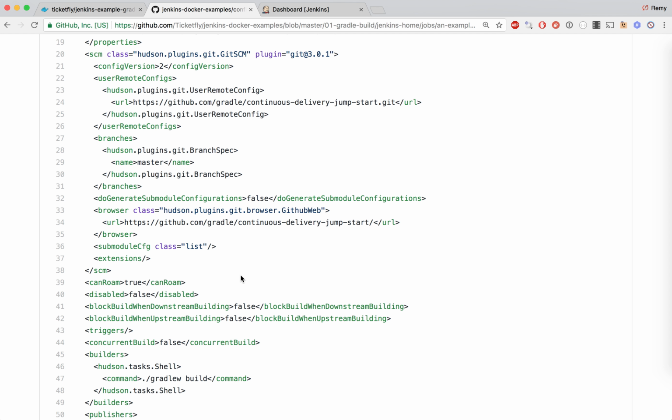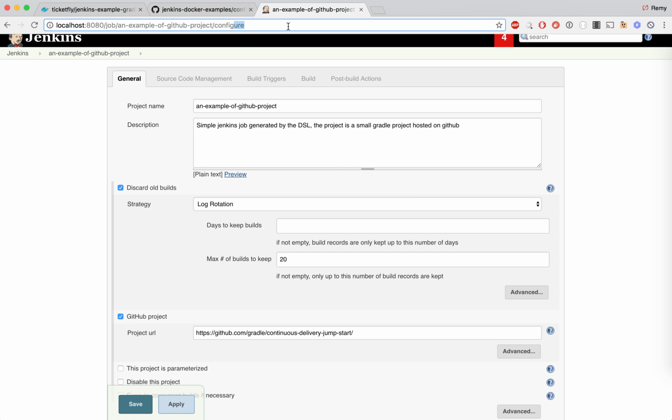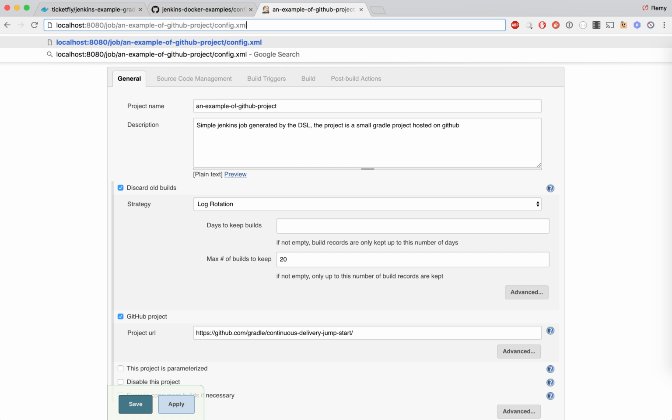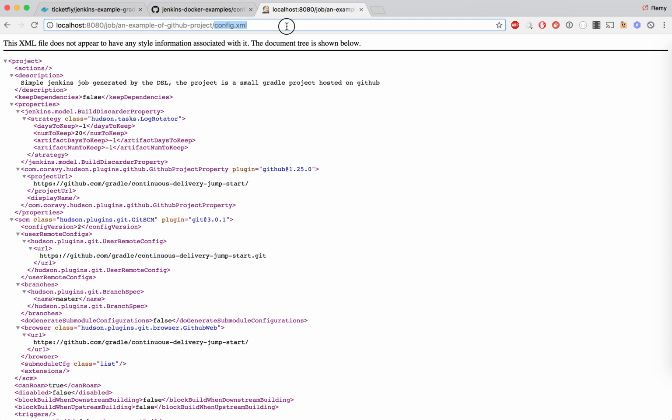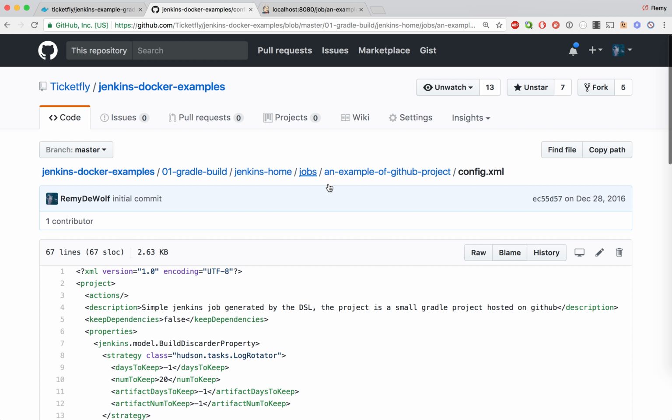What you want to do now, let's say if you want to change that job, you can change the configuration. You can do that from the UI. And once you are done, you can also capture the XML file by simply typing the path here, and then you will be able to get the XML output for the change that you could make. If you want to do some changes, you will have to then replace that config.xml inside the Docker image, and then you will have to build your Docker image again.